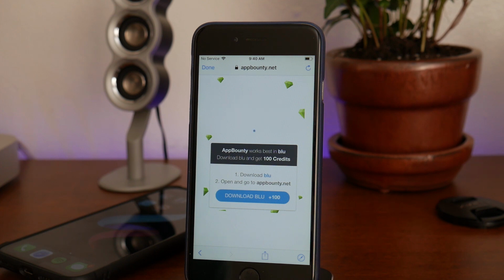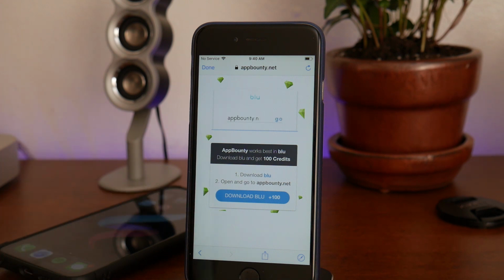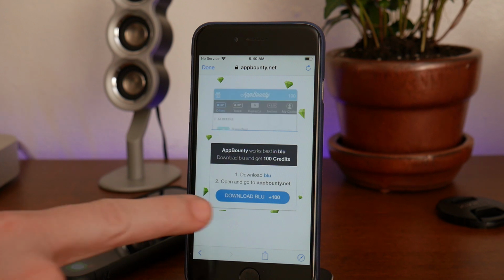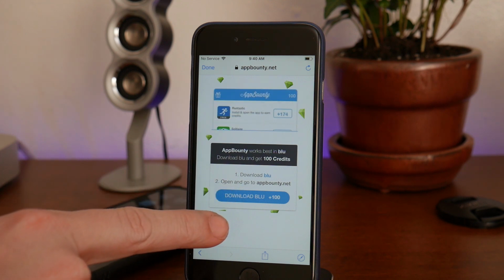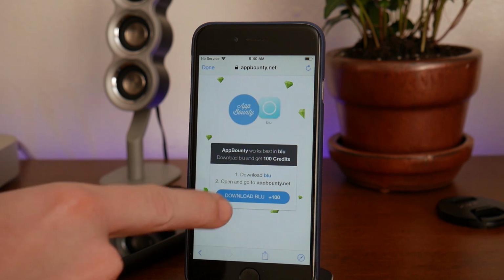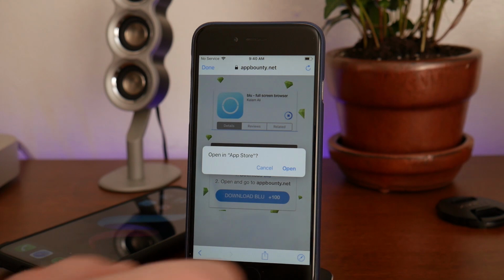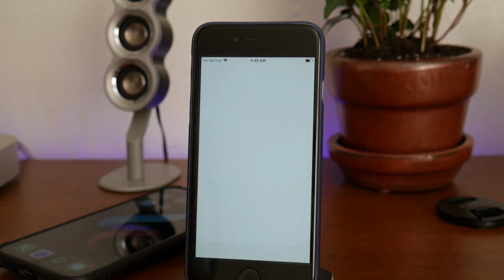The next step here is to download the application Blue. You guys are definitely going to want to do this. One cool thing about it is it will give you notifications. I'll show you guys how that's useful later in this video, but it also gives you a bonus 100 points. So the link that you used in the description, that gives you bonus points, and so does this. So we're going to go ahead and click on Download Blue, and then we can go ahead and open it in the App Store here,